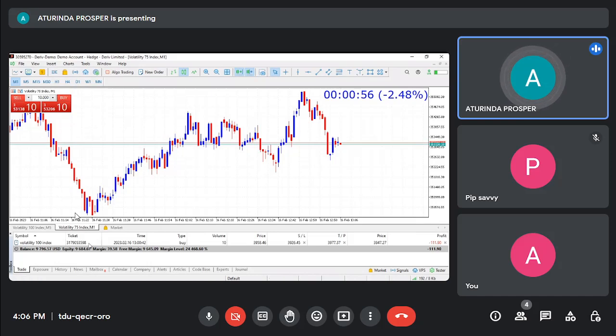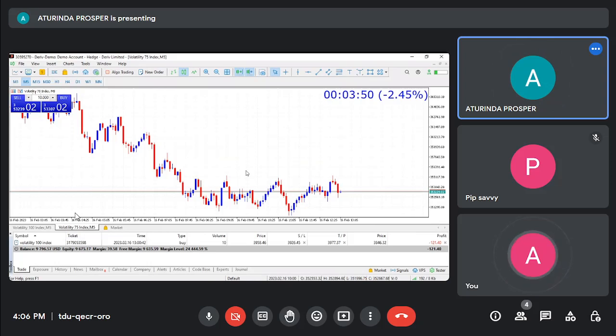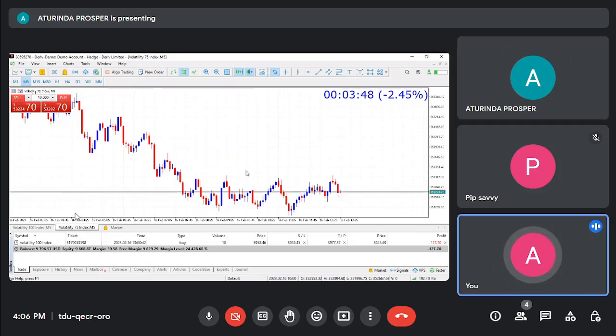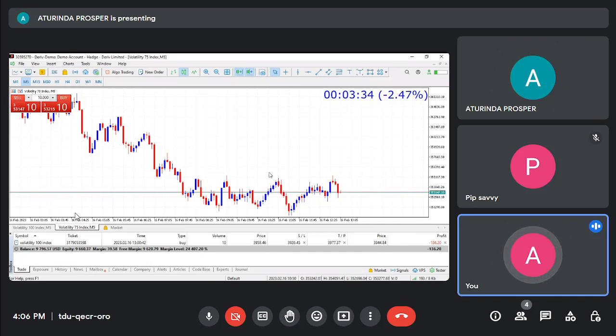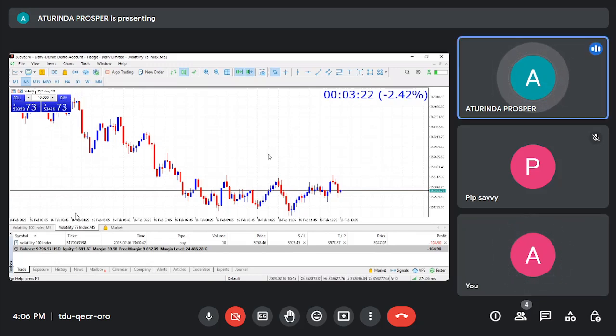So what is the difference between 75 and 100 index? Well, the 75 emulates the forex market. 75%, it copies, it mimics the forex market. The same applies to the figure 100. If this one runs at a speed of 100 kilometers per hour, then 75 just emulates only 75% of 100. That's the speed at which this one runs. So for you, you're trading 75 or 100? I swing between the two.